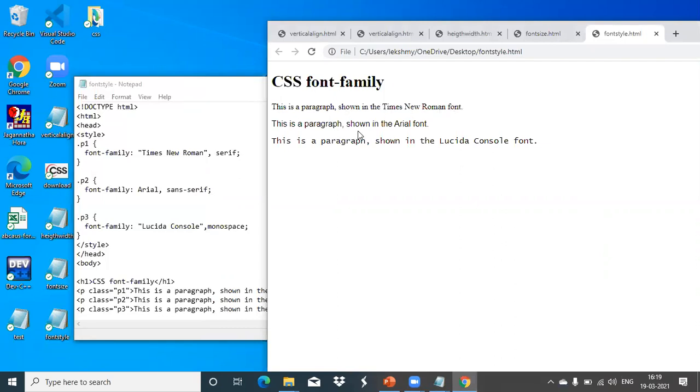The next one is with Arial. The other one is with Console, like that. So this text formatting also we can do using the font family property. Whatever family values you have, we can assign to that particular paragraph. So this is one type of font style.